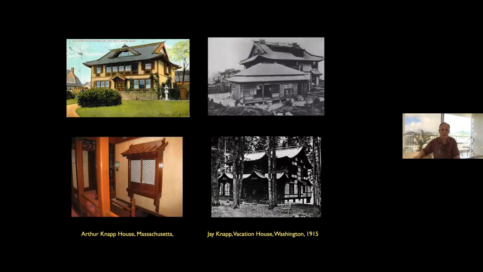And one of the most famous examples is the Arthur Knapp House in Fall River, Massachusetts. And it was designed, ironically, by Ralph Adams Cram, the architect who dismissed Issei and the Nikko shrines in Japan. Arthur Knapp had been a Christian missionary in Japan and missed it when he came back. And he had this sort of mixed Japanese Western house built, but an authentic tea room at the back. And in the end, he spent most of his time in the tea room and not in the sort of